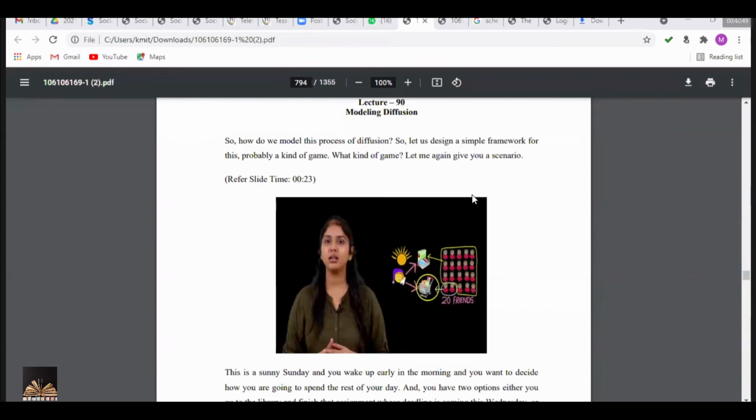Now, modeling the diffusion. How can you model the diffusion in a graph? Let's consider a scenario he has given. I have 20 friends here, and among them 18 friends want to go to the library and do the assignment, and 2 people want to go to the shop, right? So the modeling can be done here based on the payoff. Payoff is nothing but if I choose this, I'll get some payoff, and if I choose that, I get some other payoff. So I will choose the thing based on the maximum payoff I will get. You are getting me, guys?